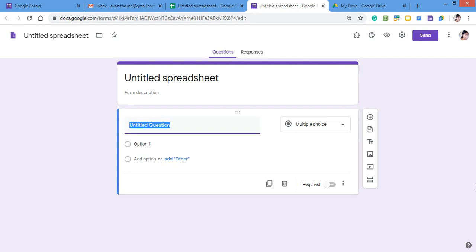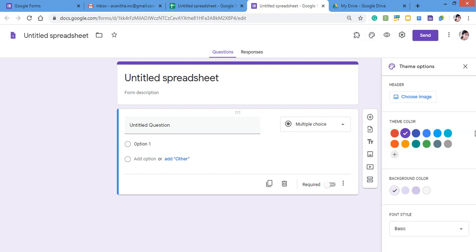Now a blank page has been opened. Within that you can customize the page of the Google Form which participants or the students can view. That is in the form of customizing the themes. Here you can keep an image in the header, as we are seeing the blank space. For example, if I want to add an image, I can add this image.